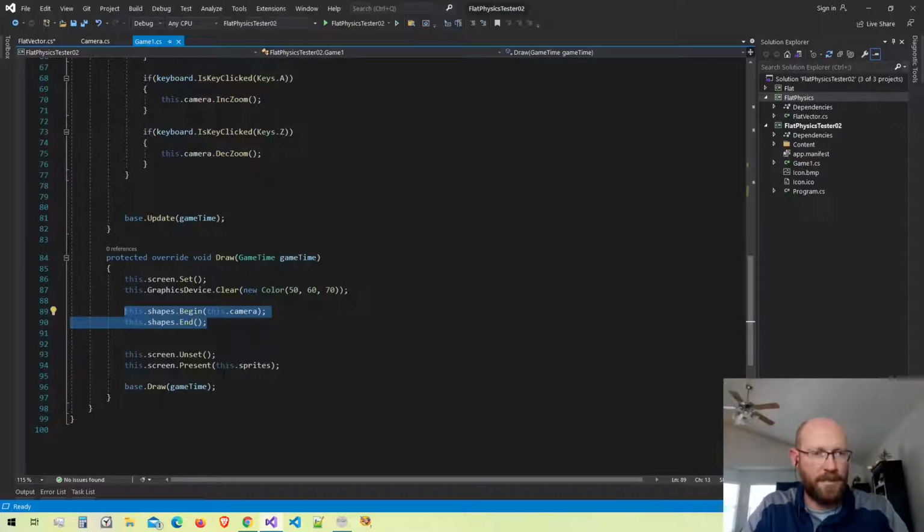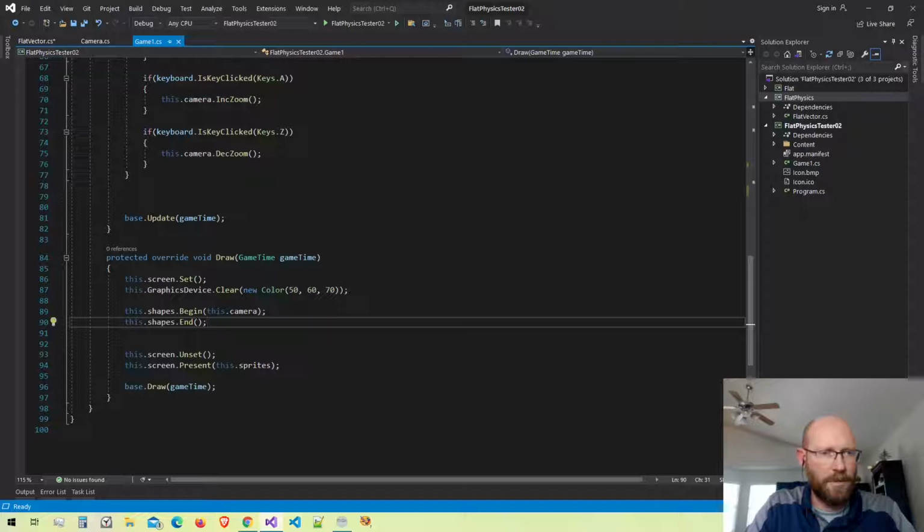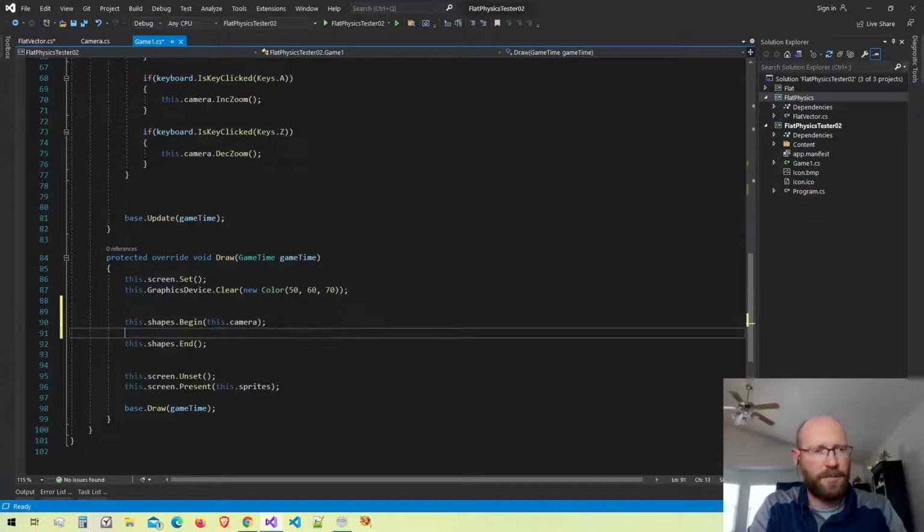Okay, and the Flat library has a screen class, which allows me to create a screen that I draw to that will keep the same aspect ratio and resolution, but scale to fit whatever window resolution the user currently has. And then I have a shape batcher here. This is where we're going to do all of our drawing as far as our physics goes. And in here, I can do stuff like